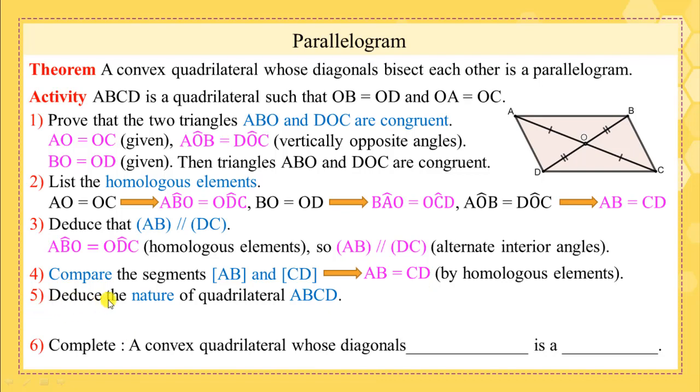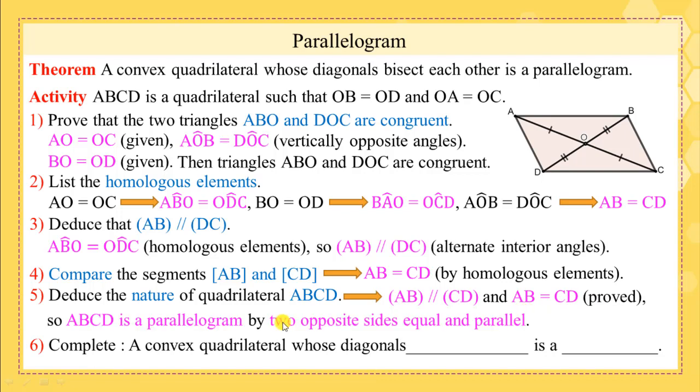Part 5. Deduce the nature of quadrilateral ABCD. AB is parallel to CD and AB equals CD. Both are proved. So, ABCD is a parallelogram by two opposite sides equal and parallel. Part 6. Complete. A convex quadrilateral whose diagonals bisect each other is a parallelogram. Application: